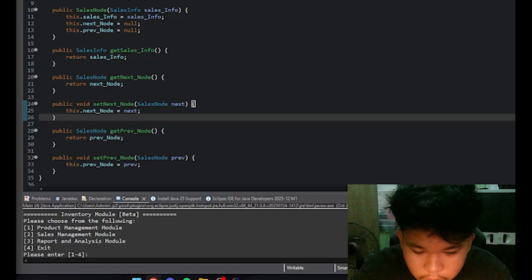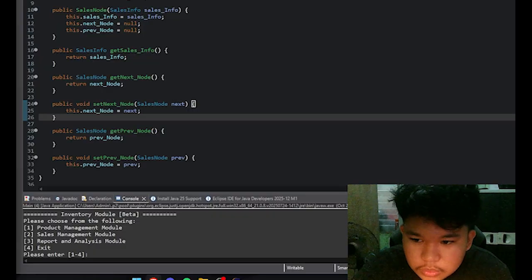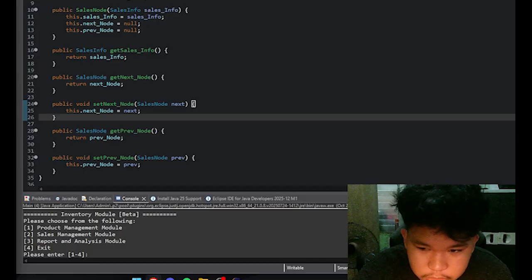It can add, remove, or edit the data inside the node or inside the system. It is used to create the DLL for sales records.